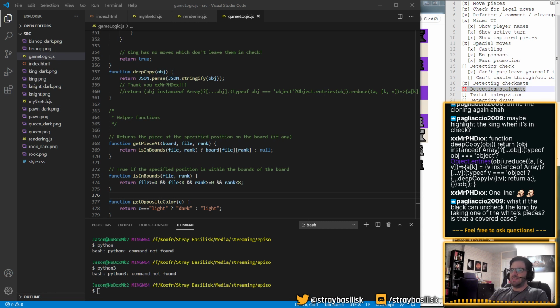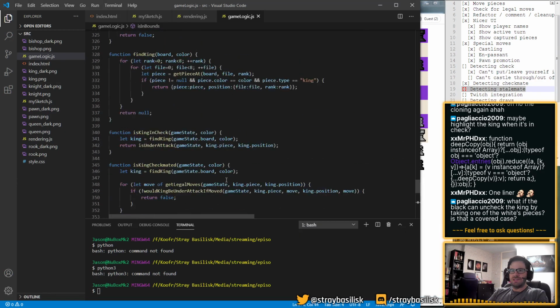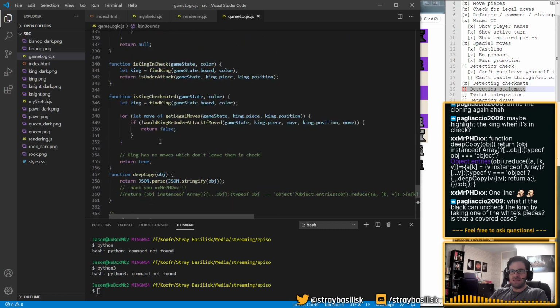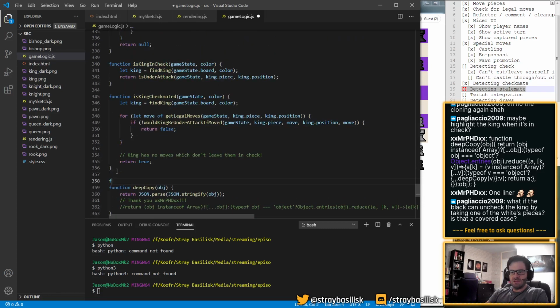Let's detect stalemate. So this is interesting. How is this going to work? So just add another thing here. Is stalemated.